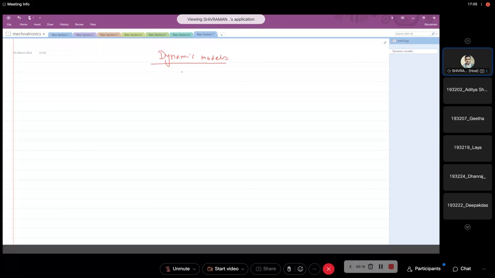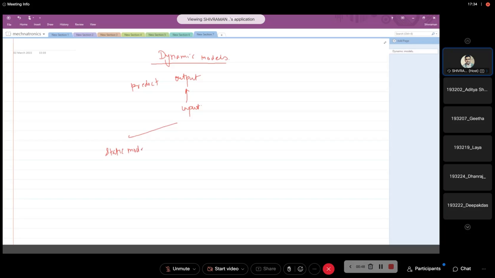So in mechatronics or in any measurement and control system, we are designing the model to predict output based on the input. So the function of any model is to predict your output. And this output is predicted based on the input available. So in any mechatronic system, we deal with